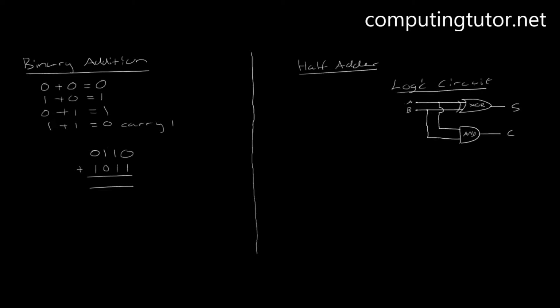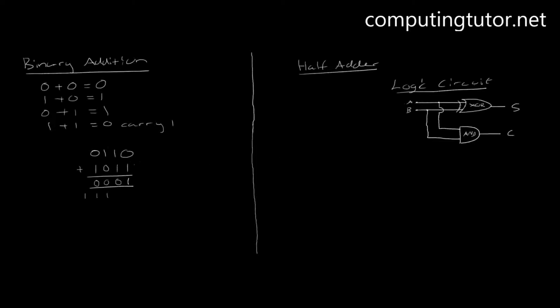addition. And if I do this binary addition that I've got set up down here, first of all I can use the third rule, 0 plus 1 equals 1, 1 plus 1 equals 0, carry 1, 1 plus 1 equals 0, carry 1, and 1 plus 1 equals 0, carry 1. And obviously I've got an overflow error here, but this is basically just a reminder of the basic rules of binary addition. The half adder and the full adder logic circuits are how logic circuits in computers actually perform this